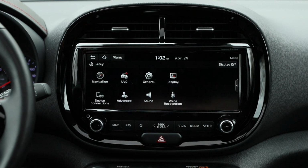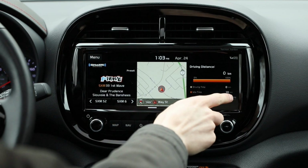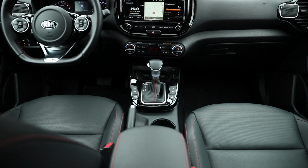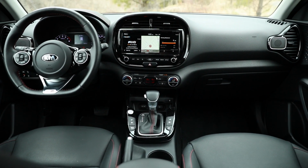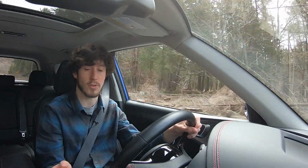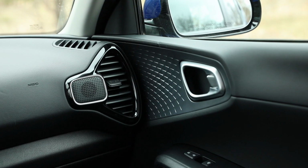Now, if I were to stick to the lower trims, I would only get a 7-inch touchscreen, but the 10.25-inch unit is clear. It works very well. It's just the right amount of functions I want in a touchscreen and the right amount of functions I want on a button. I like that there's hard buttons underneath the screen to do what I want, and I have some shortcuts. This car, being the top trim, also has a premium Harman Kardon stereo, which I am going to